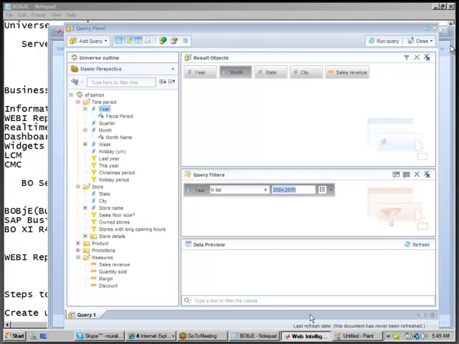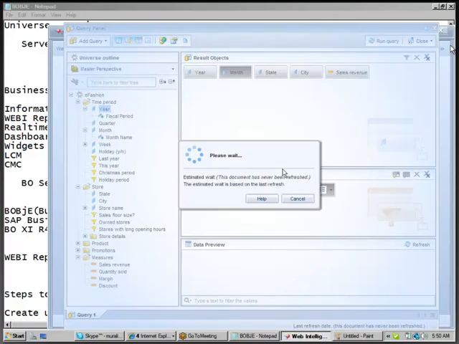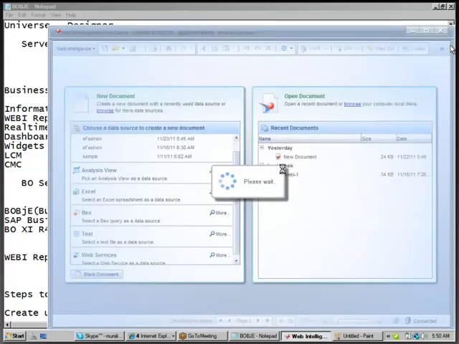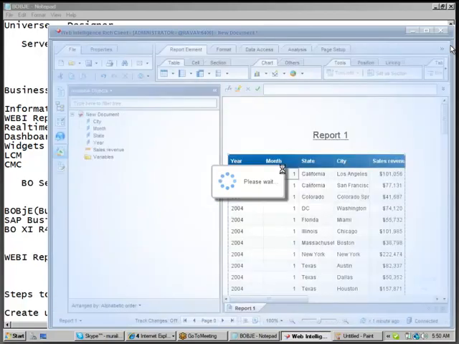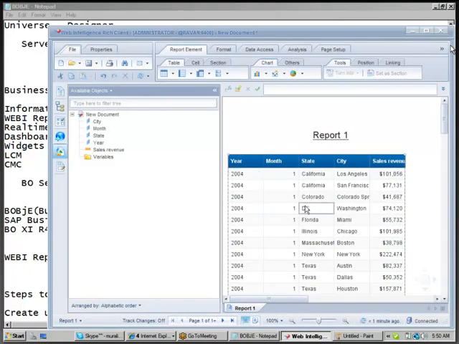It writes a query. Now what do you need to do? If you want to see the data for these objects, you need to click on what? Run query. When you click run query, it will fire a query on the data warehouse through the universe. It will fire a query on the universe, and it will get data from the data warehouse. This is what you call a report. Nothing else is there. The output of the query we call the report.